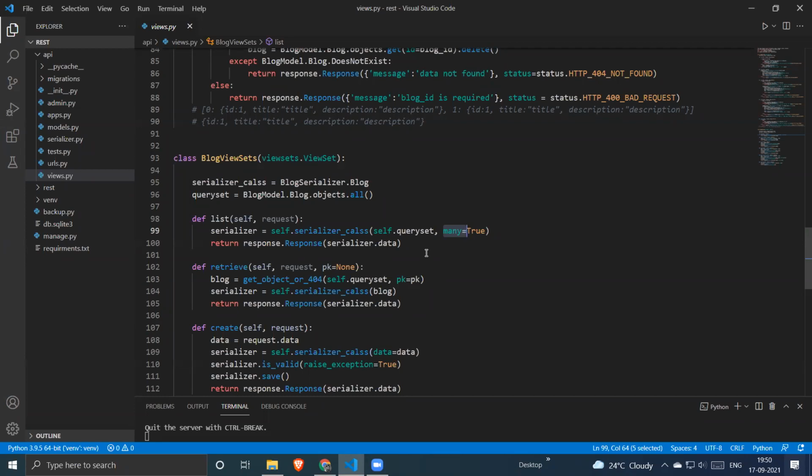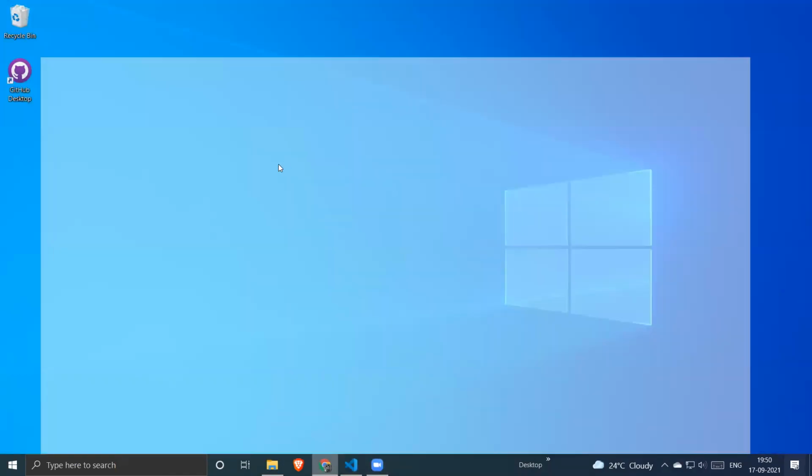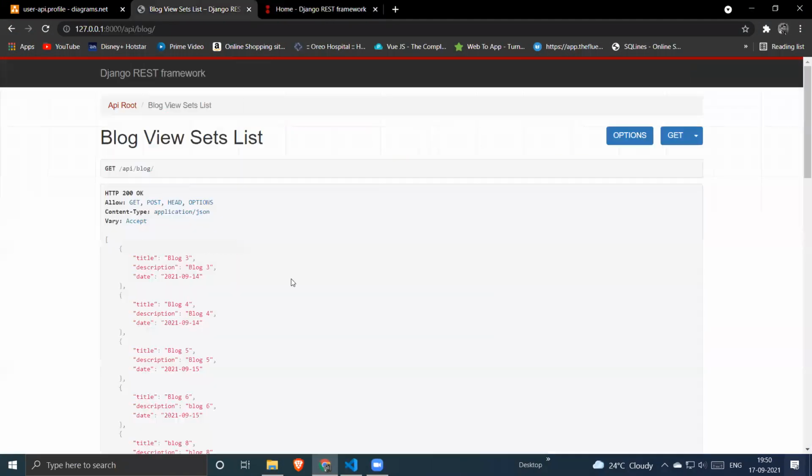Then we have written a response, which is a serializer response. We can get it from the object called data, so the output will be serializer.data, which will provide a whole list of blog objects.